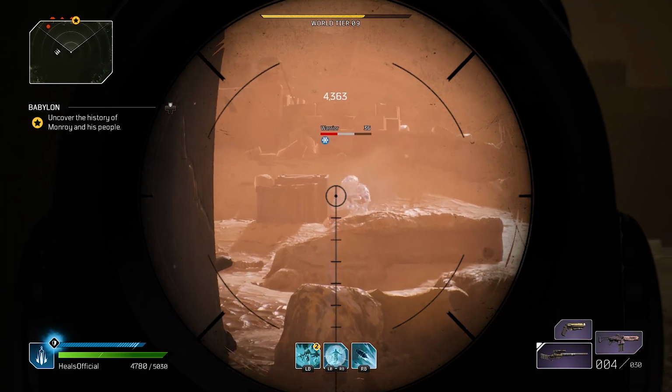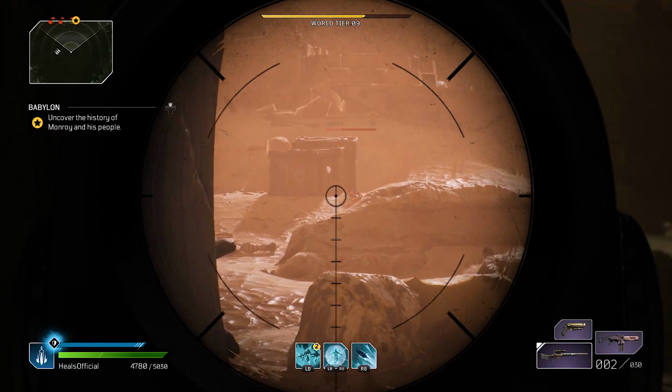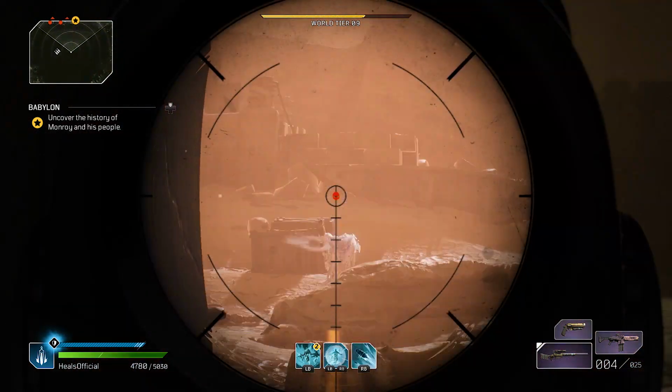Now let's dive into the second combination of mods that still focus on healing capabilities before we jump into firepower. This healer build is a tank that packs a punch, so bear with me,